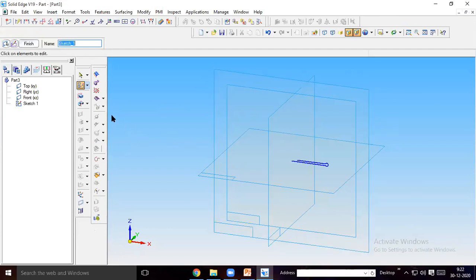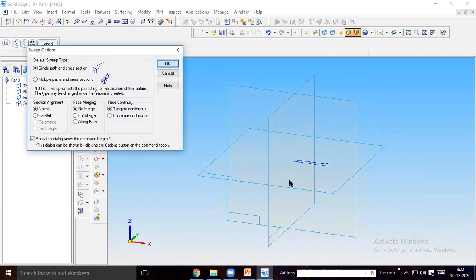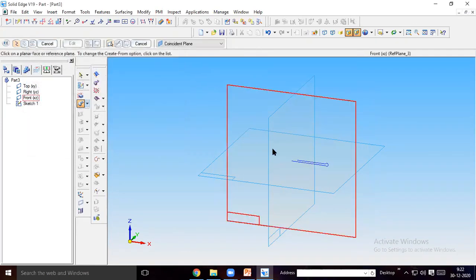After drawing the sketch, now we have to select here. You will have swept protrusion. Swept protrusion means whatever profile you drew, that profile will move along the line. So here you see swept protrusion.